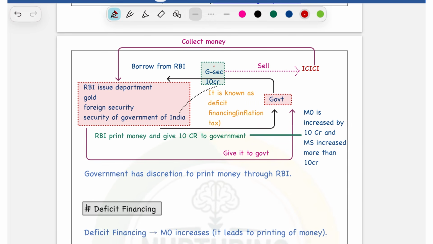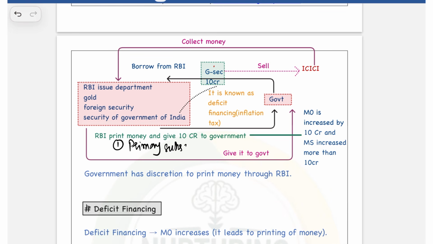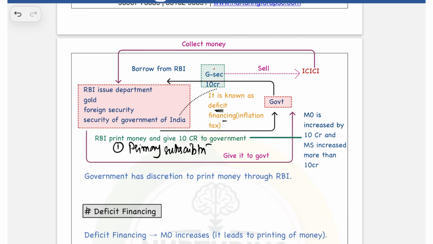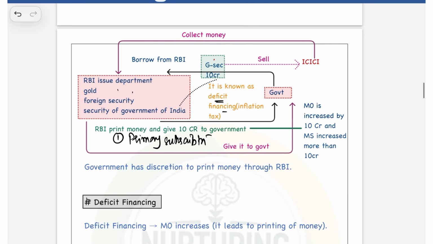So first among them is this thing which is called primary subscription, which is deficit financing. So what does RBI do? RBI asks, rather, what does government do? Government actually issues bonds of, let's say, rupees